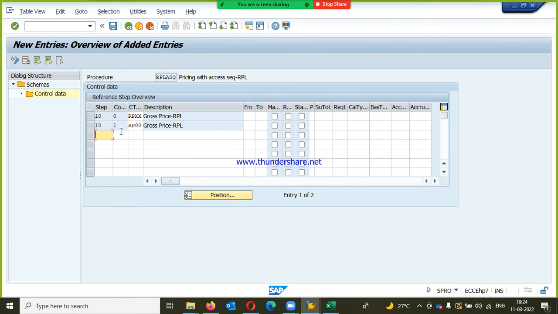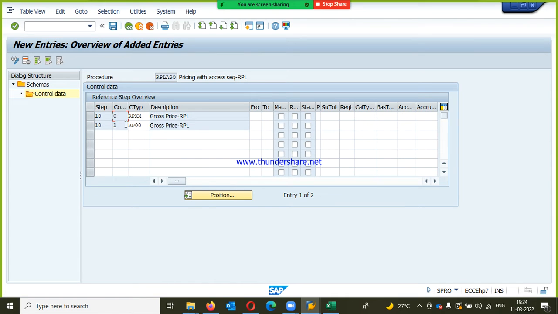See, in step number 10 I created 2 condition types, right? Like here in counter I had given the serial number 0 for the first one and 1 for the second one. Like that, 20 RPD percentage, 20 is one, RPDQ, 20 two RPDB,